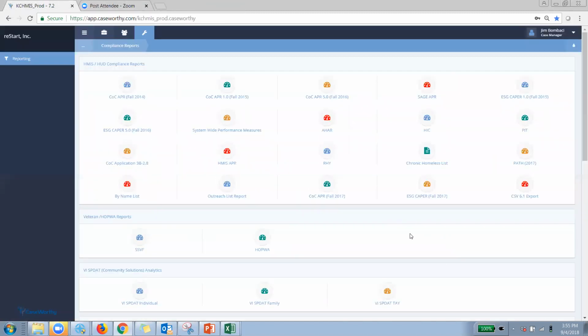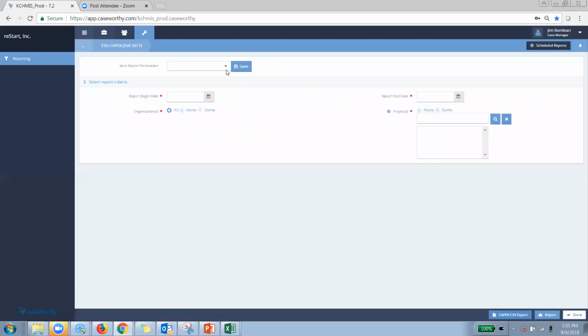Okay. For those of you who haven't done a Sage upload yet, it's important to understand that the Sage upload is a CSV export. So let's just look at a CAPER, for example, and we'll put in a test CAPER. All right, so you fill out your form,